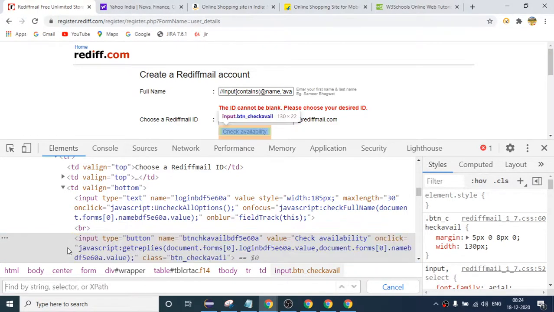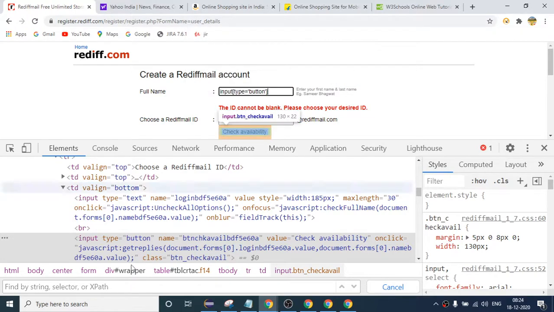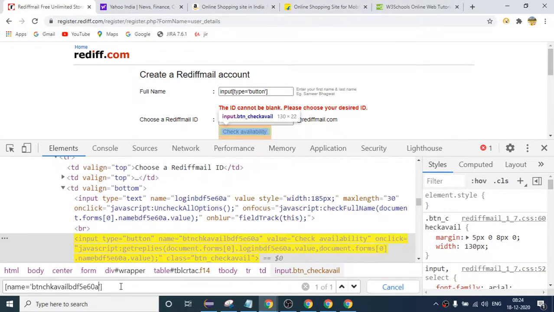So if I write it here, after that I also concatenate this attribute. I will say name equals this. So what I have done is I have written one CSS.